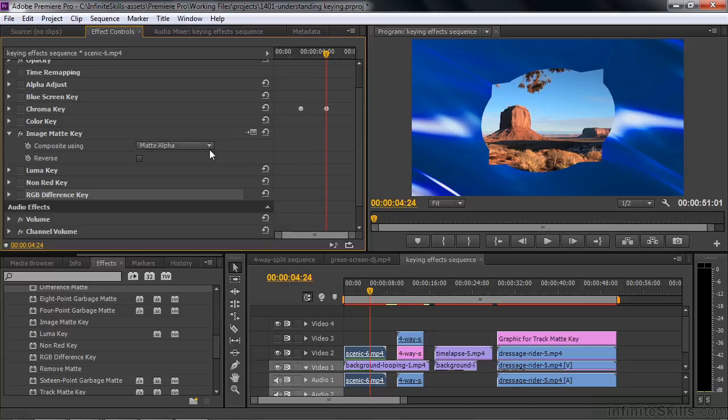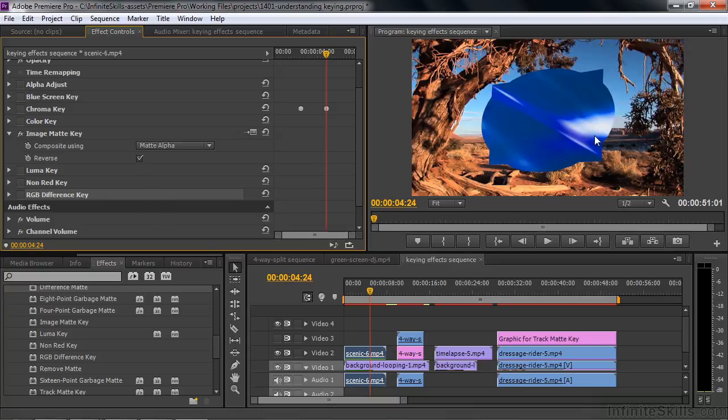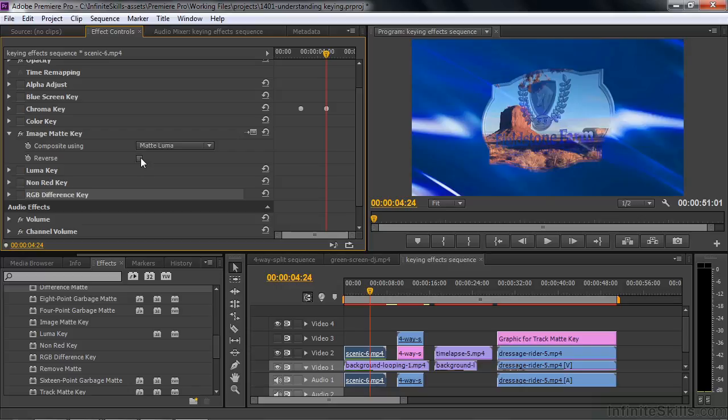Here we've got matte alpha, meaning that wherever there's alpha around here, it's transparent, showing the clip below. I can reverse that and say, inside the sign will be transparent, and the clip on top will be visible. Or instead of alpha, I can say luma, and it looks at the sign and says that, let's say, dark areas will hold the clip on top, light areas will let you see through it, or you can reverse that like that, back to the normal way,